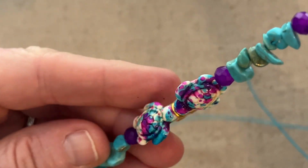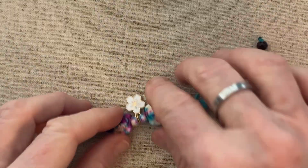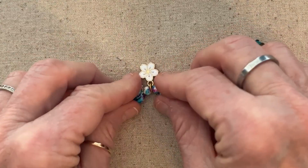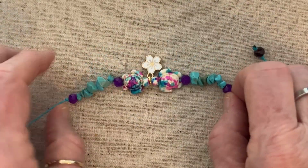And then make sure all the beads are scooched down. Scooched, you like that word? I think I made it up. Okay. You don't want them too tight though, because you don't want your turtles kind of going wonky. You want them to lay straight. So you want them a little loose, but not...